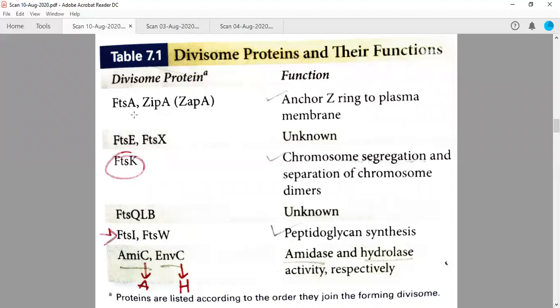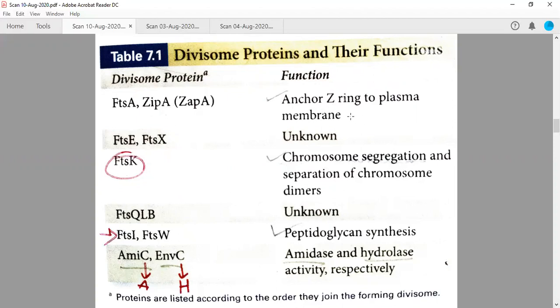So, for example, FtsA we have not discussed, and ZipA protein. FtsZ has a role in the formation of the Z ring, whereas FtsA and ZipA, or whatever you call it, anchor the Z ring